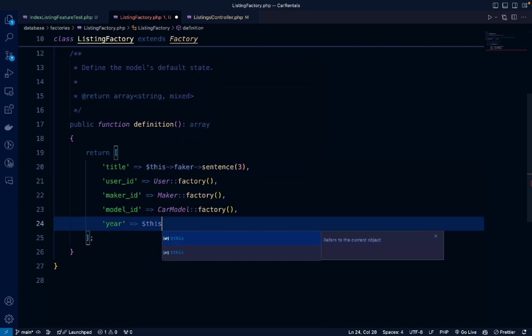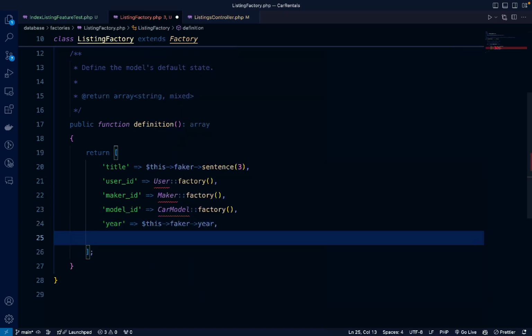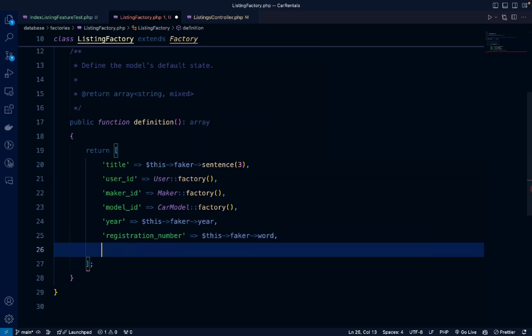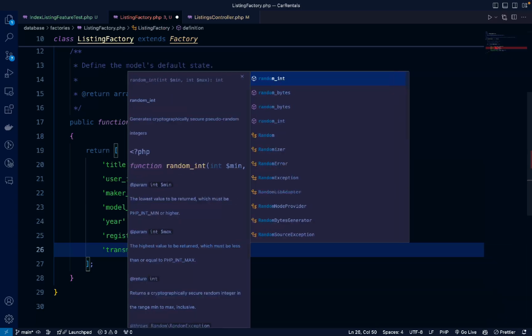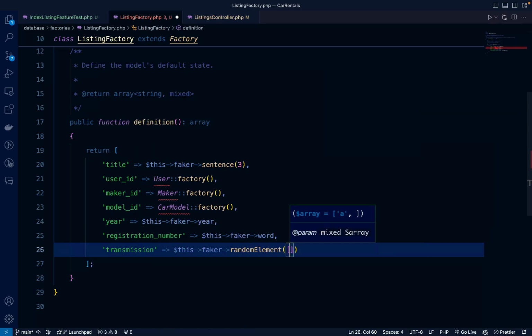It will be like this, faker year, and registration number, this faker word, and for the transmission we can just do this faker random element, and it will be automatic or manual,